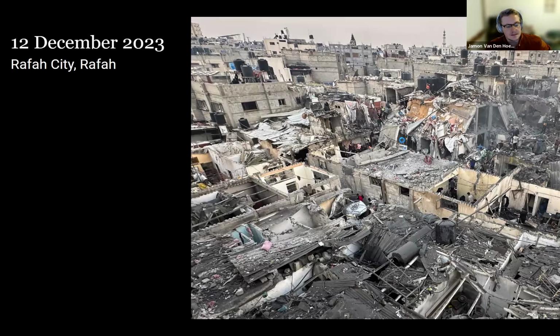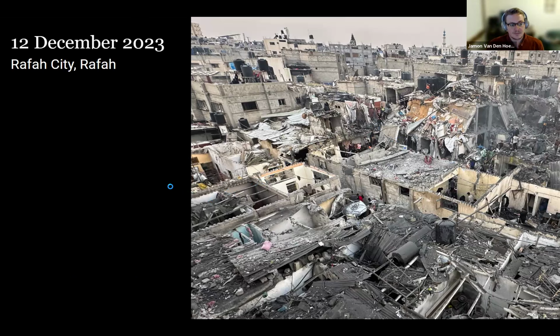So you've seen these kinds of images, of course, in Gaza and other kinds of urban conflicts where we see wholesale damage, destruction to, in some cases, whole apartment buildings, in some cases, city blocks. The work that we're focused on tries to, in a sense, make sense of this level of urban damage that we can see here